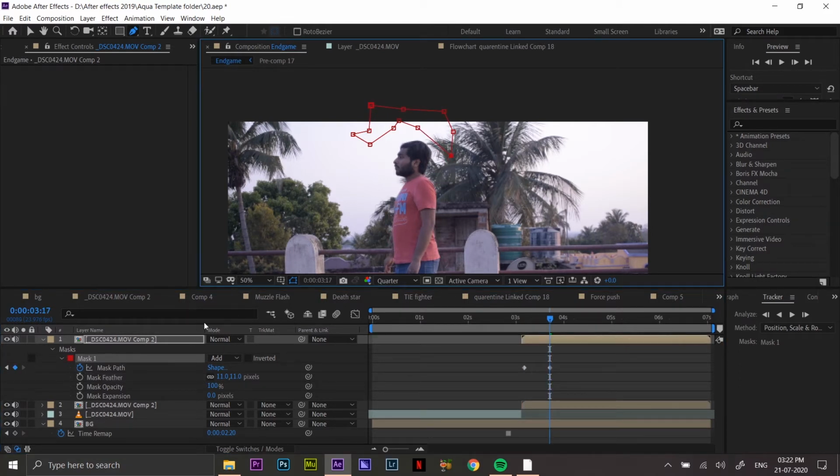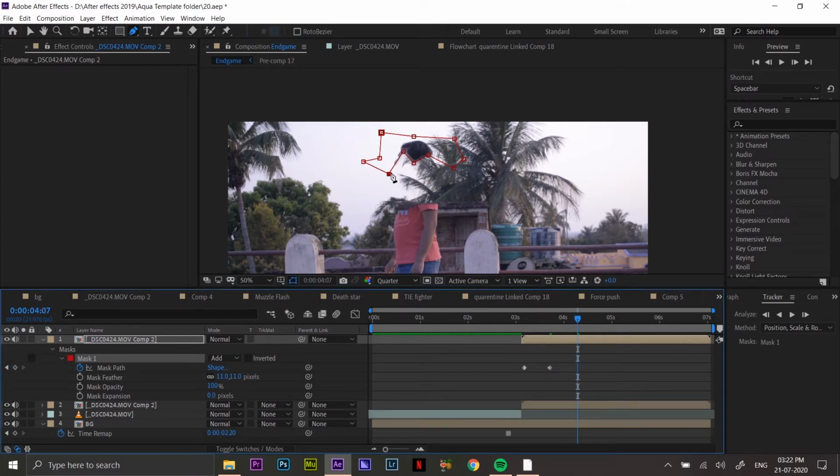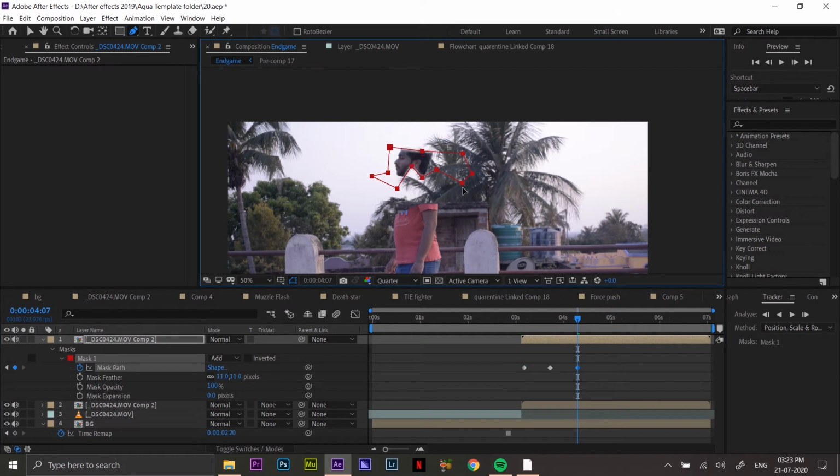So I keyframed the mask, and after a while I moved it a little bit and again moved it. You have to repeat this step again and again so that you can get a convincing result. You have to make this an add and not subtract. Because